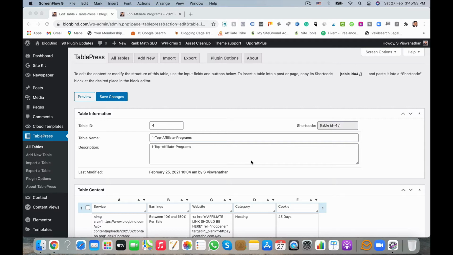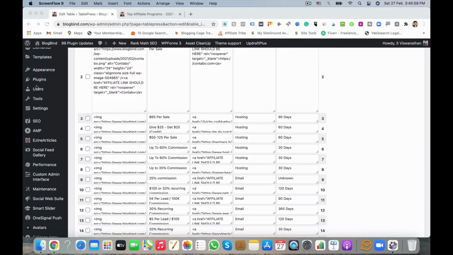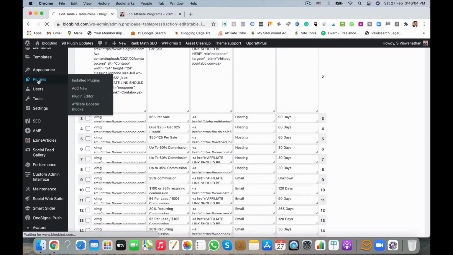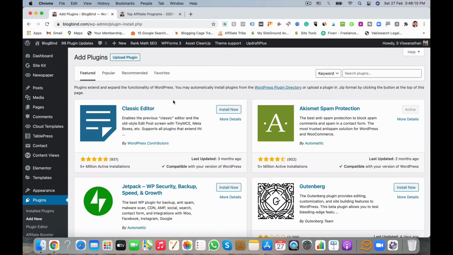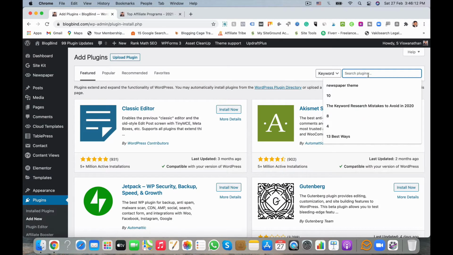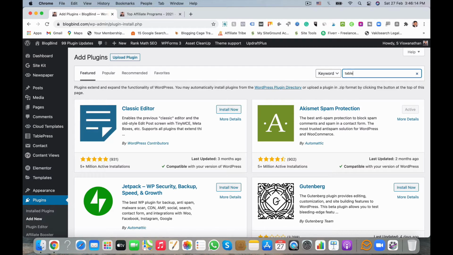So for that we have to go into plugins, add a new plugin. Here we have to enter TablePress.